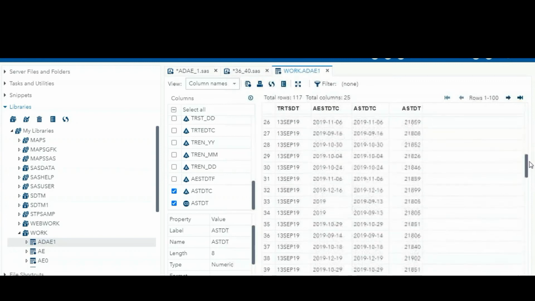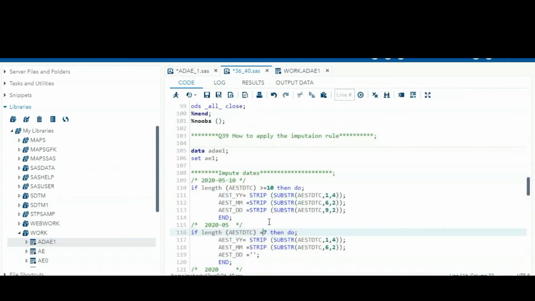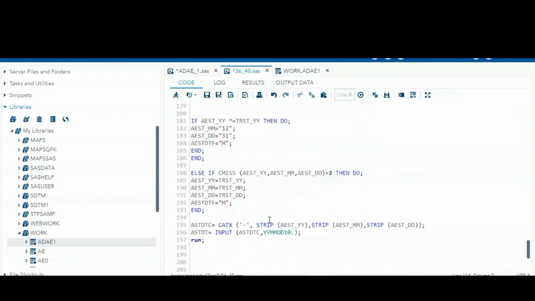The day part we can take from the treatment start as per the rule which was applied. So here there are so many partial dates, but after completion of the imputation rules, we are creating the complete dates, and created the ASTDT numeric version variable. So this is the main difference between SDTM and ADaM derived variables. The derived variables we do not handle in the SDTM datasets. We have to do all the imputation rules at the ADaM level itself. Okay, so up to now the ASTDTC rule was done.